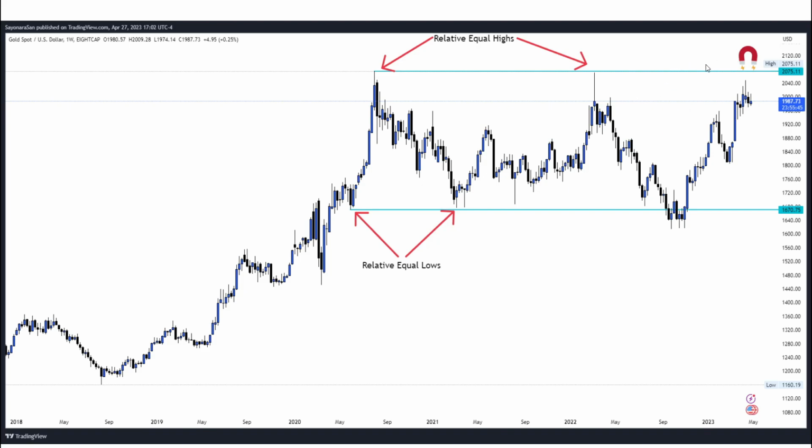An example of us breaking market structure would be us going below this low right here around that 1800 level. Then I'd be looking at a different type of bias. But as for now, I have 2075.11 as my long-term objective, and that is what I'll be playing for.